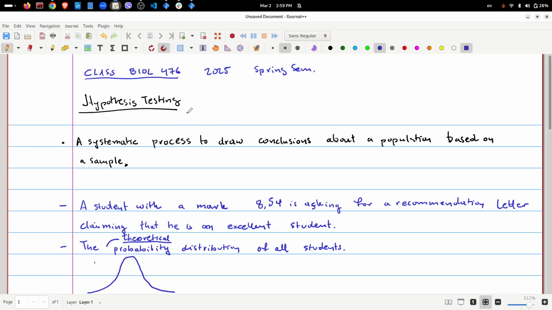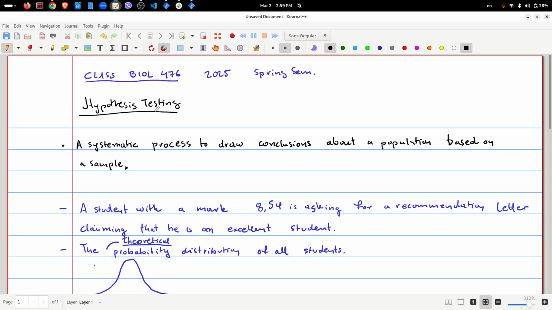And today we will talk about hypothesis testing. This is a very usual and useful approach we have to systematically draw conclusions about a population based on a sample. The example that I will use today in order to demonstrate how we perform hypothesis testing